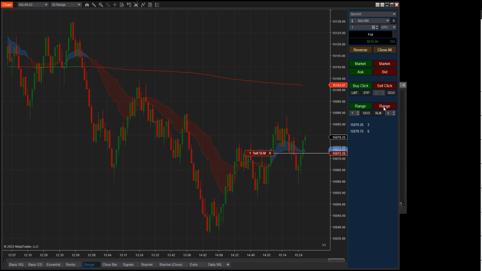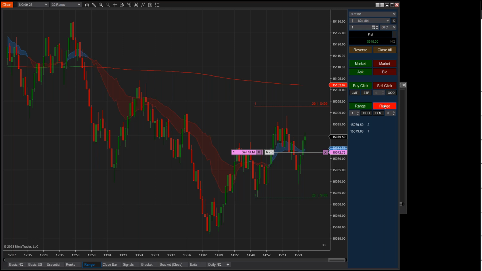Let's say I want to sell the next red range bar, same thing. The only difference here is that as the range bar moves higher, my order is going to move higher, right? Because range bars close based on a certain amount of range completed in the bar. So if this bar moves higher, my order is going to immediately, there, you just saw it move. It moves up to be in line with the known close of this range bar. We know that if this range bar closes down, it's going to be right down here, one tick above this order, so that when it closes, you're filled in the trade.